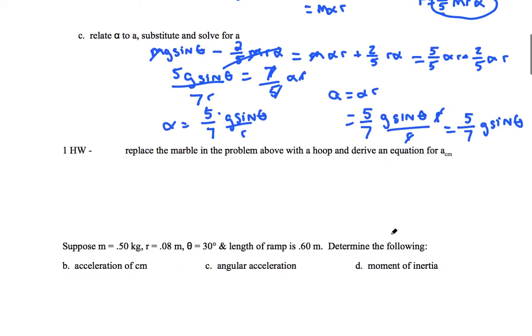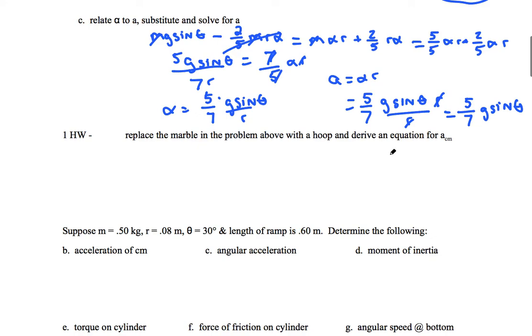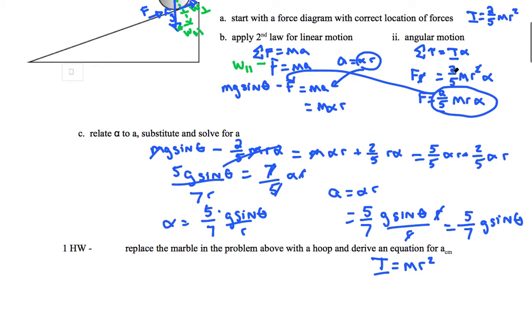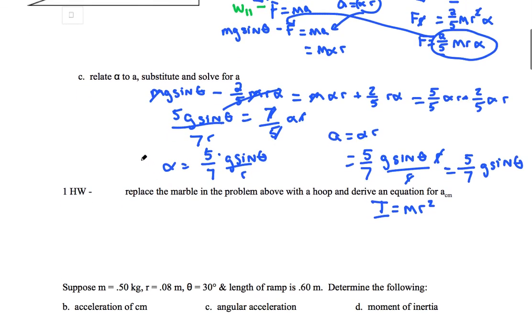Now if I were to replace it with a hoop, the thing that would change here is my moment of inertia. The moment of inertia for a hoop is actually just mr squared. So if I go back up to where I plug this in, all I would do is get rid of the 2/5. So I'm going to rewrite this line right here, but get rid of this 2/5. So I get mg sine theta